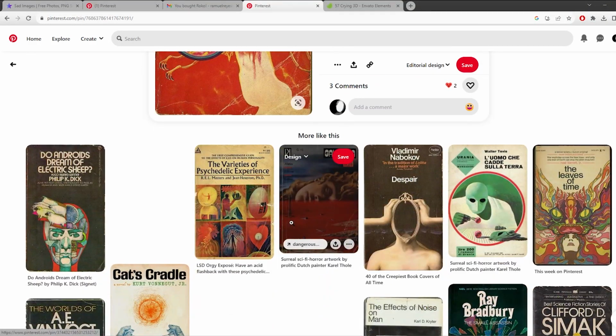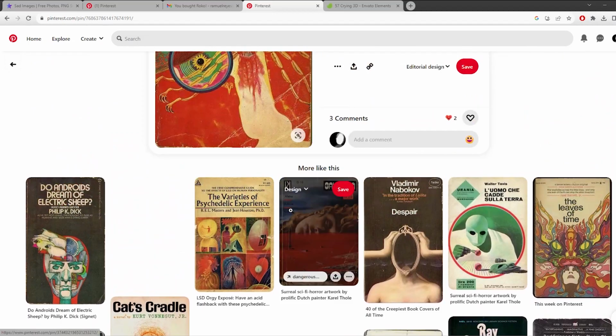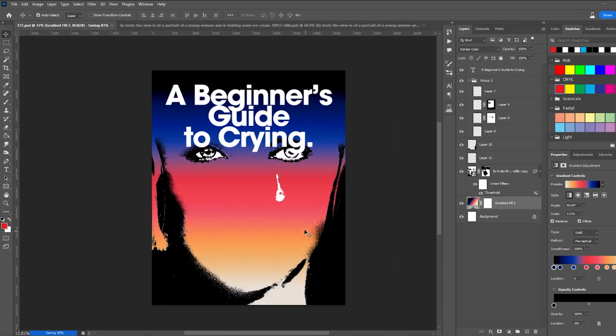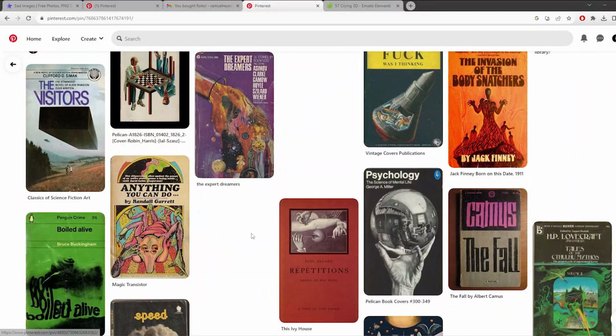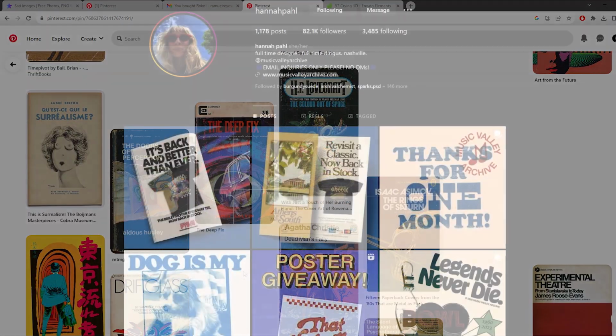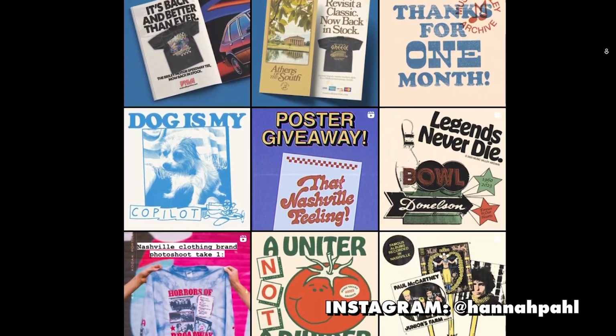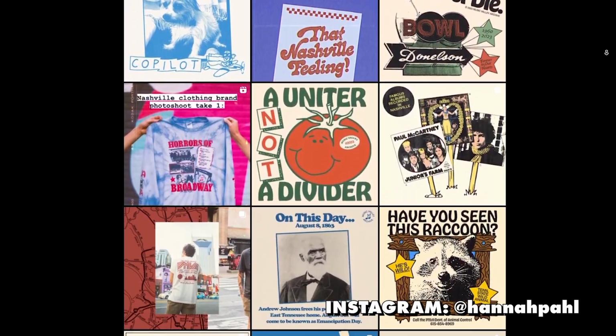So I changed it to 5.5 by 8.5 inches to make it work with this layout, because it just doesn't look right if it's not. It doesn't look like a book. It's not shaped like a paperback book.